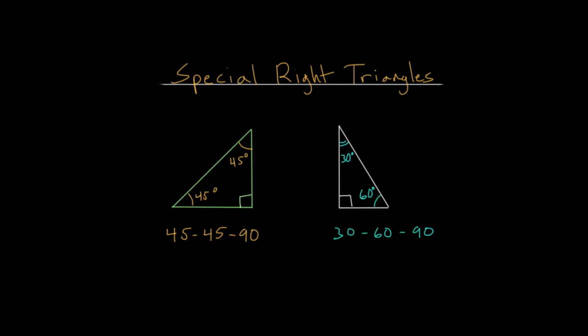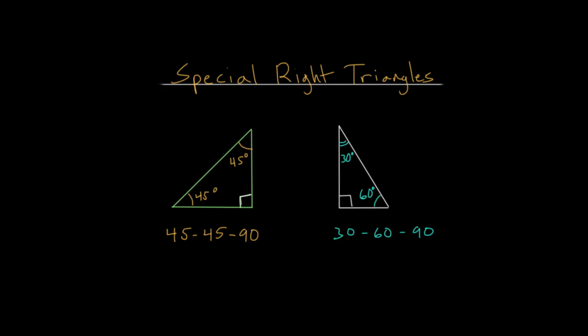In this video, I'd like to talk about special right triangles, and we want to look at two in particular. So one of these we call a 45-45-90 right triangle, where we have this isosceles triangle. We have two equal angles, and they're both 45 degrees, whereas the third angle is a right angle, since we're